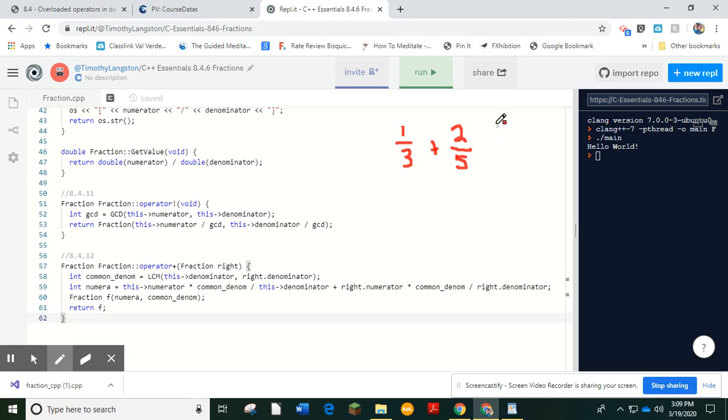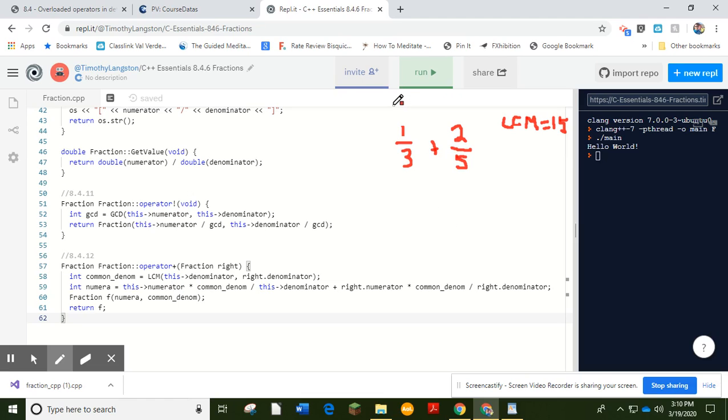I'm going to find the lowest common multiple, so the common denominator. So the LCM, and that's going to be 15. Okay, so now I am making my new numerator, and I'm taking basically and saying is going to be,